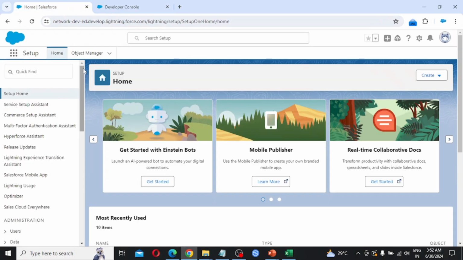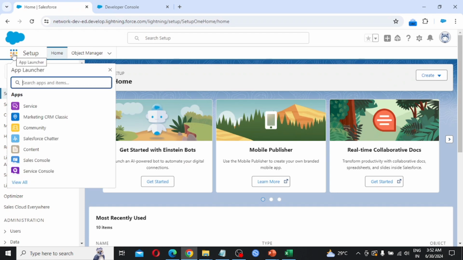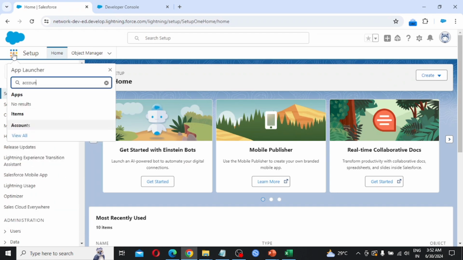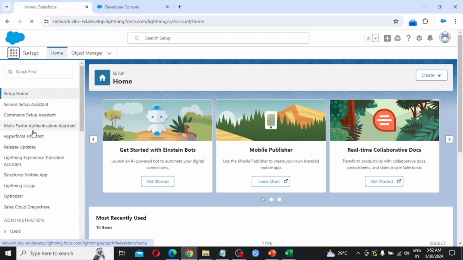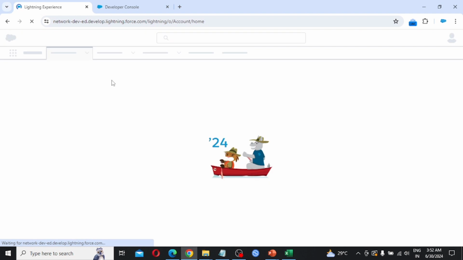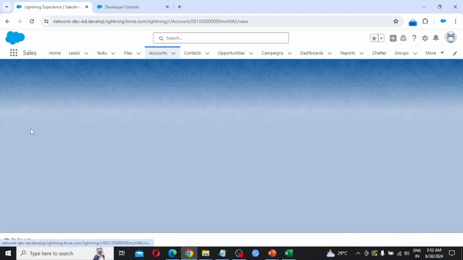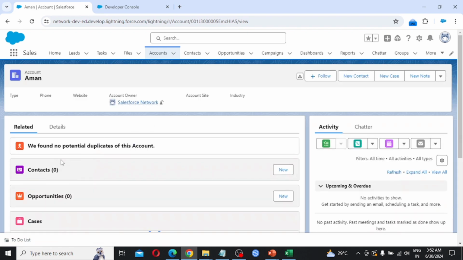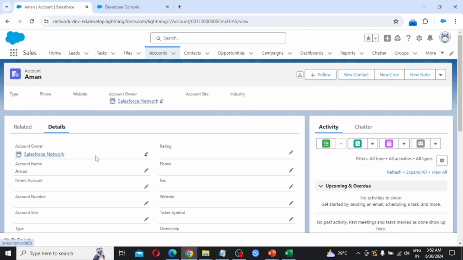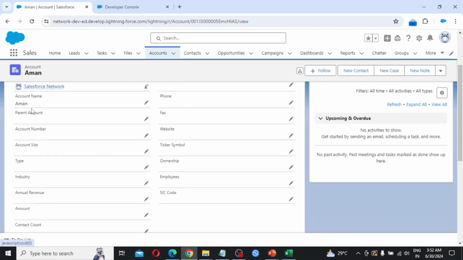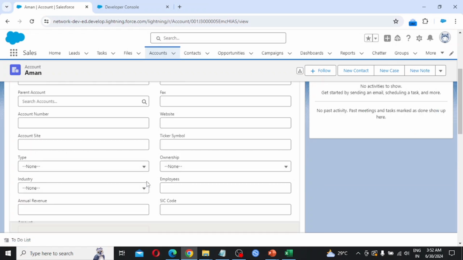So just make one record as Technology. So search for accounts, click accounts. So this is a record, click details. So this record I am making as industry Technology.